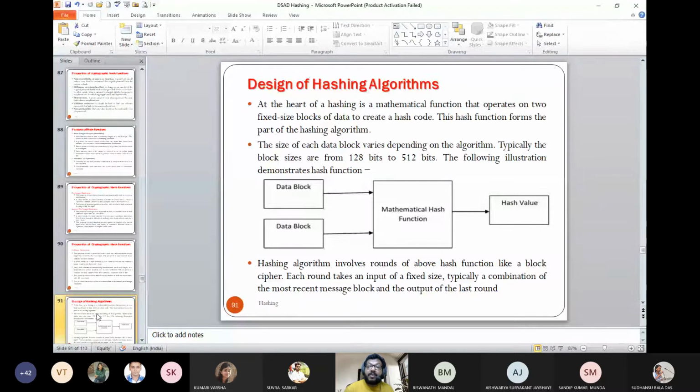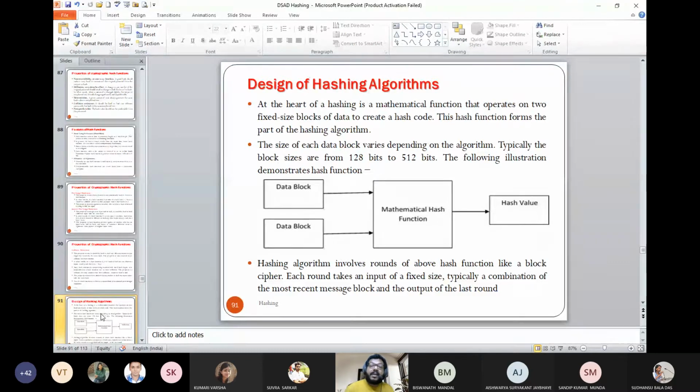So you have the data blocks, or sometimes it is a sentence. That means you take maybe a sentence of 128 bits or 512 bits, and everything will be translated to a 16 bit. So we have a mathematical hash function which translates to the hash value. The reason, again, I have explained: I have to store it in a fixed size table which is always to be referred to when someone tries to log into the system.